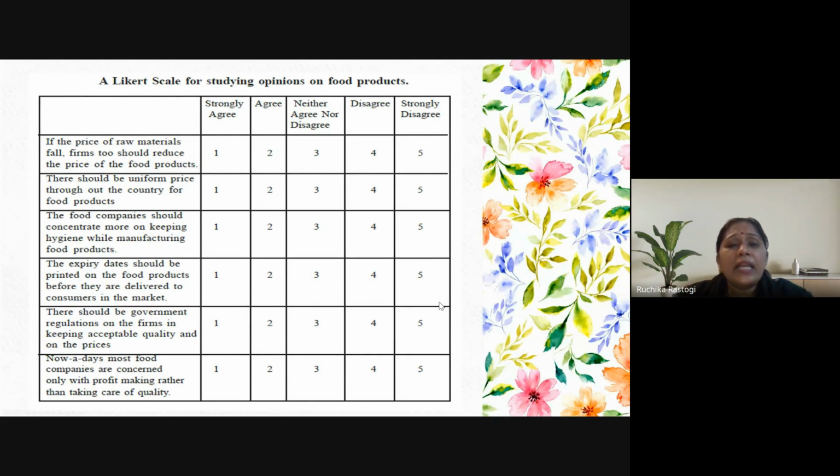And in a Likert scale, don't try to change the language. So if the Likert scale asks you to ask the question on strongly agree, strongly disagree, go with that only. I have seen in a few studies that researchers change the language just to avoid plagiarism. Your study is 100 pages, 120 pages. Even if a plagiarism flag comes by using these words, although in a research study we hardly mention the questionnaire, sometimes we don't. It is just a form of appendix. But don't try to change the language of the Likert scale. Let it be used in the same way. It has its own beautiful things inside it.